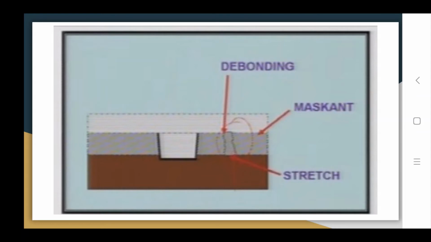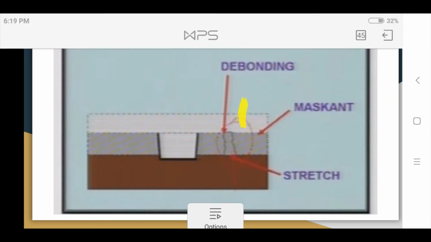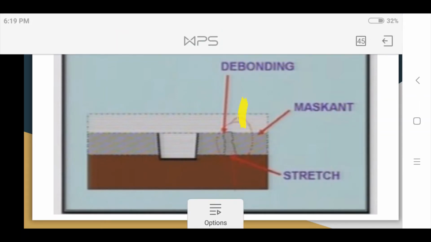If that happens, then you are going to get a defective part, because you had not planned to remove the material from that particular area, and because of debonding, the material will get removed.